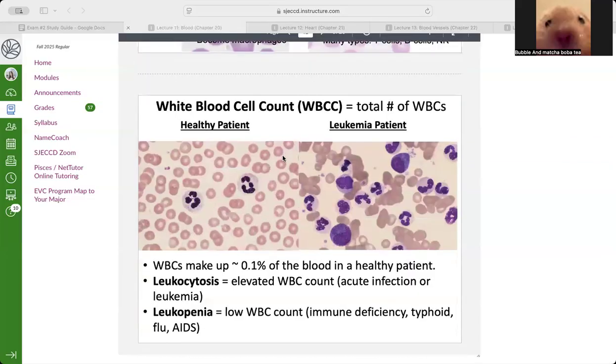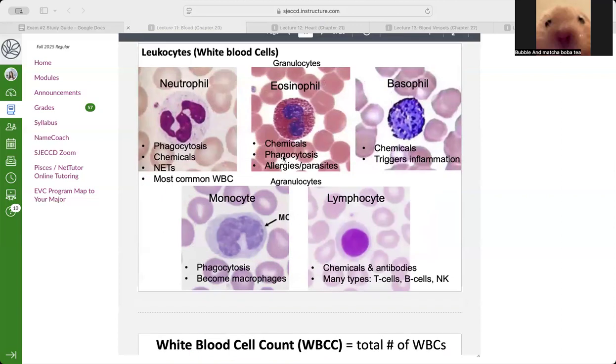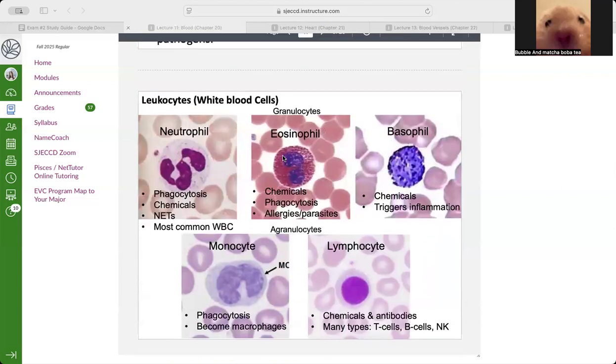There are multiple types. The first one is the neutrophil. The neutrophil essentially,